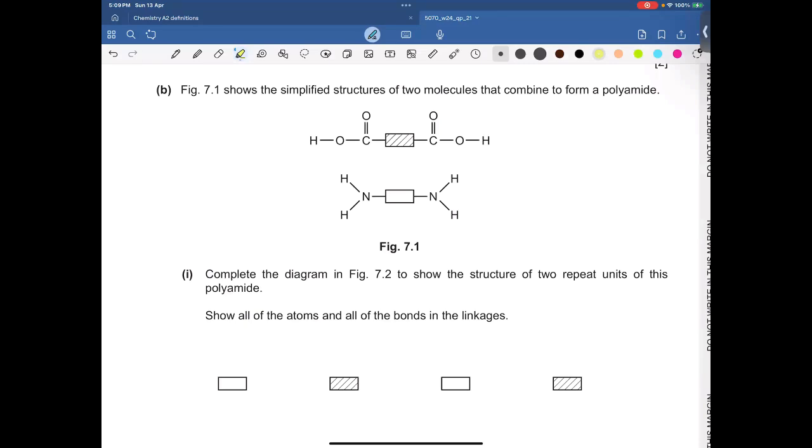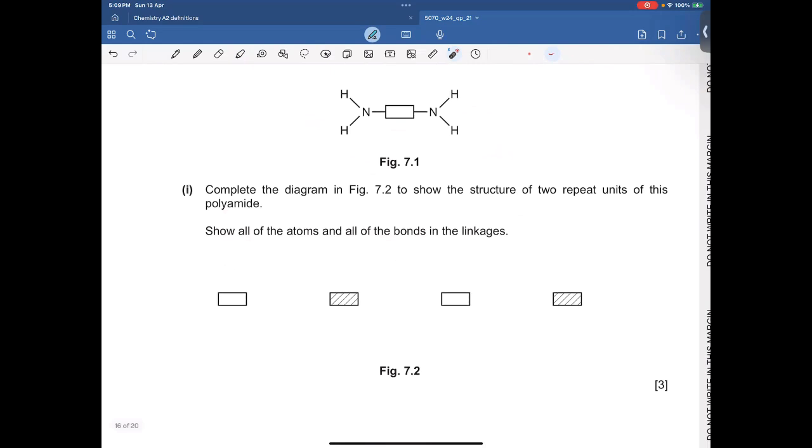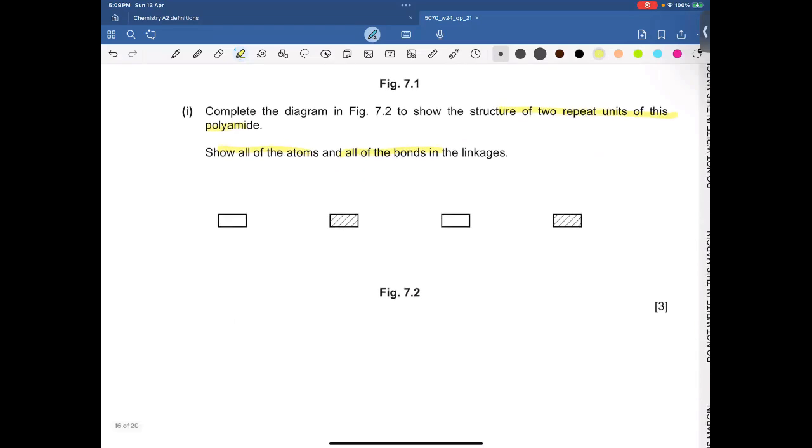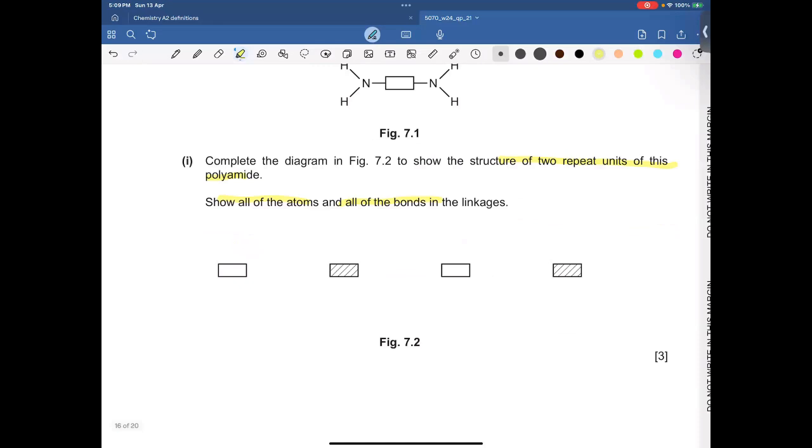Figure 7.1 shows the simplified structure of 2 molecules that combine to form a polyamide. So whenever dicarboxylic acid and diamines react together, always polyamide is formed. Examiner is looking for the structure in which we need to mention the 2 repeating units of polyamide. So we need to mention all the atoms and all the bonds, which means indirectly the examiner is looking for the displayed structure. So we have the unshaded box first, which means